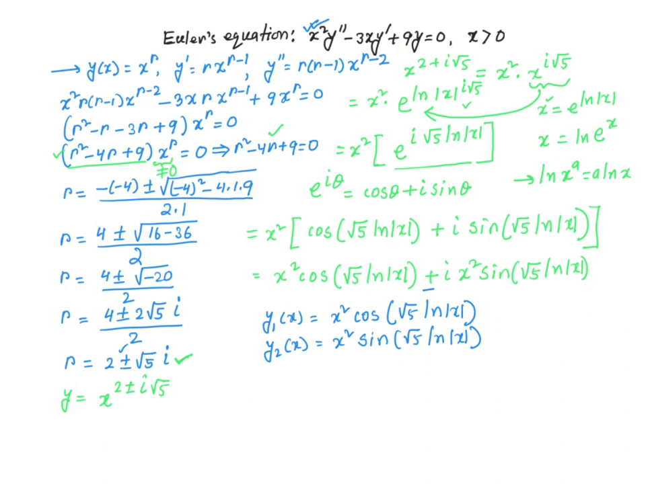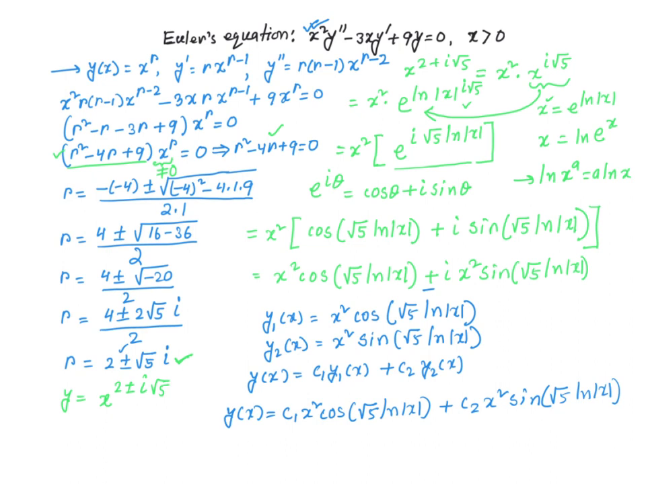Now your general solution is going to be nothing but an arbitrary linear combination of these two. So it's going to be y of x is equal to c1, some arbitrary constant, times y1 of x plus c2 times y2 of x. And let's go ahead and write it out. Once I write it out, this is what I get. y of x equal to c1 x squared cosine of square root of 5 times ln of absolute value of x plus c2 times x squared times sine of square root of 5 times ln of absolute value of x. So this is your general solution